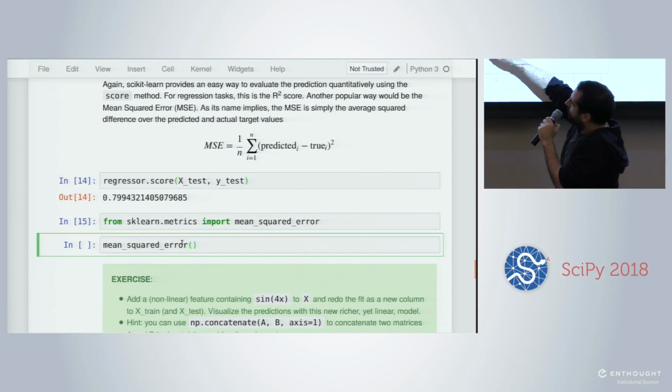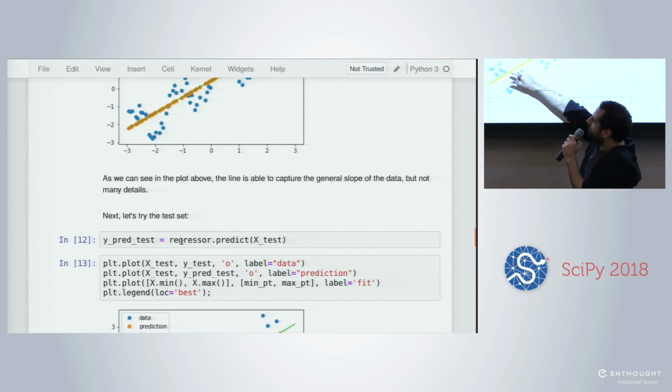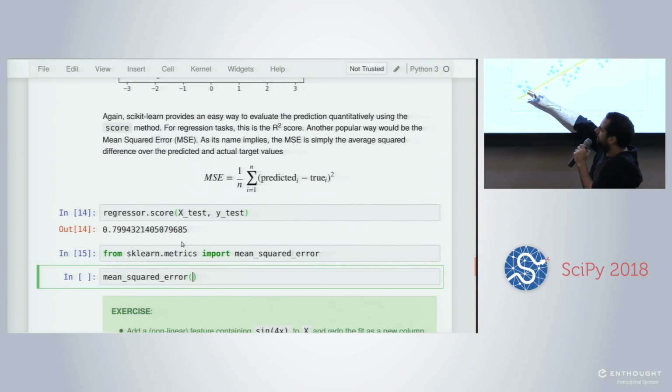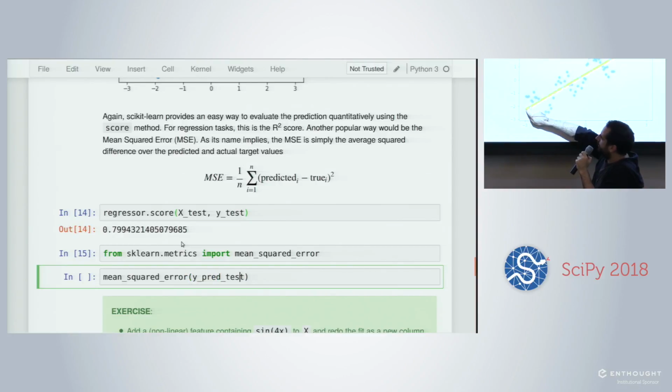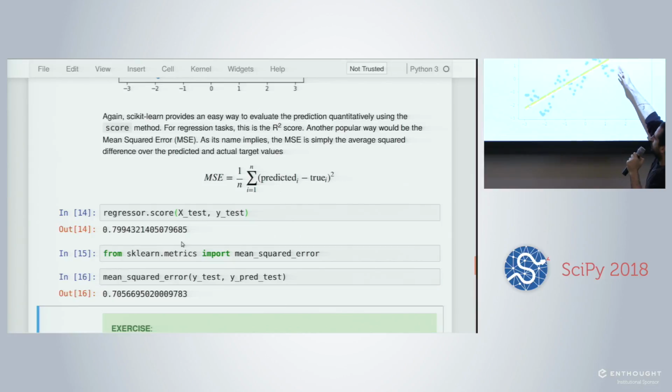What the ordinary least squares linear regression model does is try to minimize the distance between the orange point and the matching blue point, with the difference taken to the square. And you take the sum of all those squared differences, and this is what we call the least squares model.